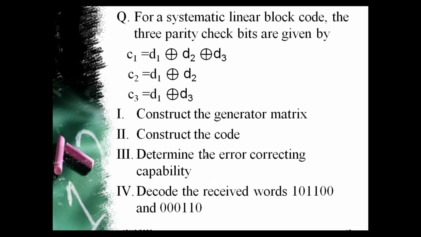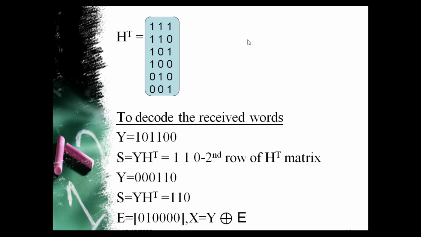Two code words we will have to decode. Only I have written that last part. For the decoding purpose, we will have to consider the H transpose matrix from the G. Once the P matrix or G matrix is written, we can write the H matrix. Then the H transpose matrix can be written. We know that the H matrix has the form P transpose, I_Q. P transpose, I_Q is the H matrix,